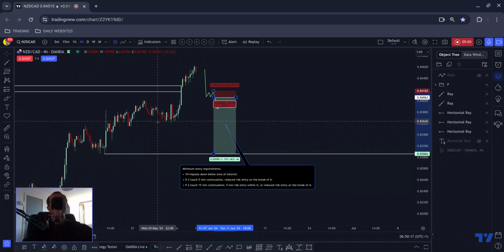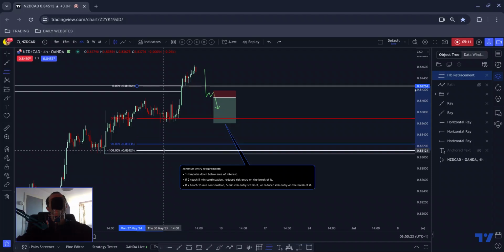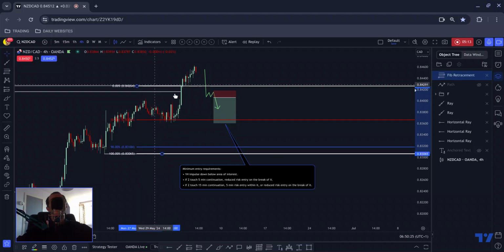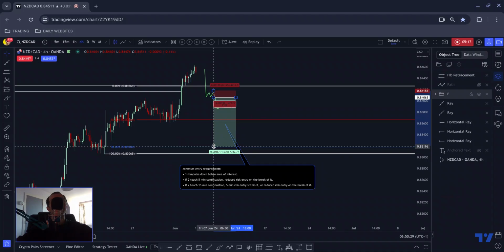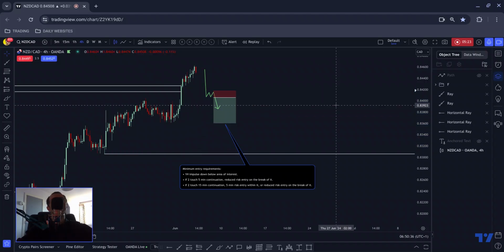Okay, we got that move, and then what I would do is I would manage this using the mechanical management tool, Fibonacci, and I would measure from range to range. Okay, and then I would set a take profit there, and I will trail my stop loss at the same time. So that is Kiwi CAD. So moving on to the next pair,